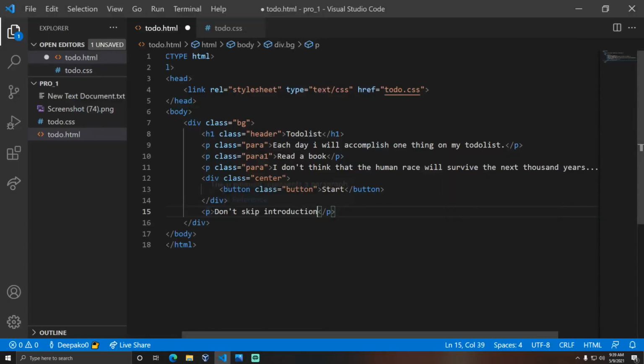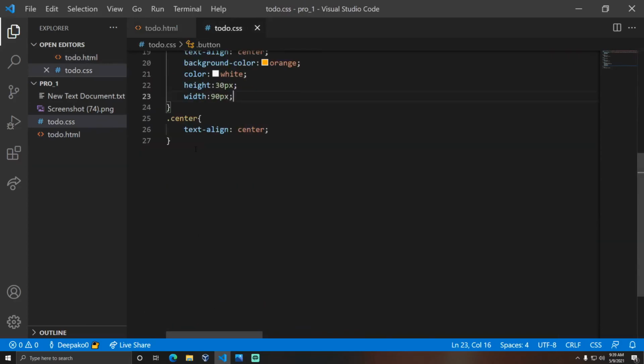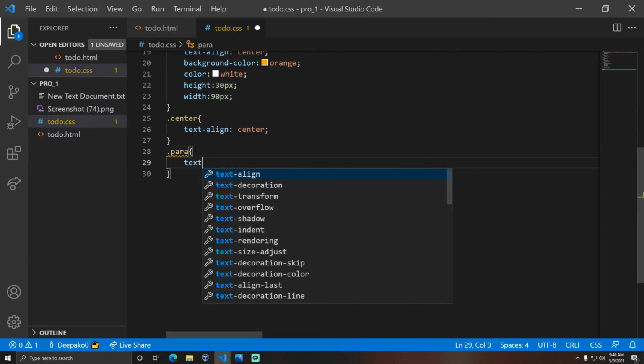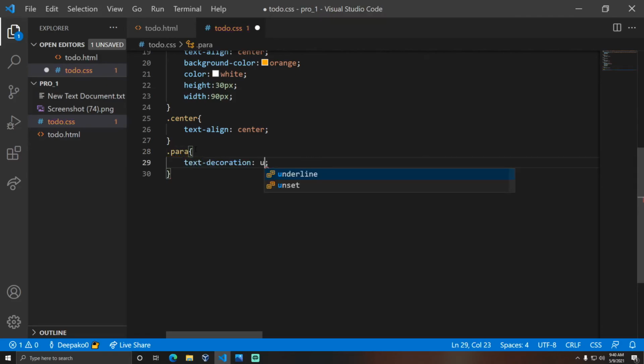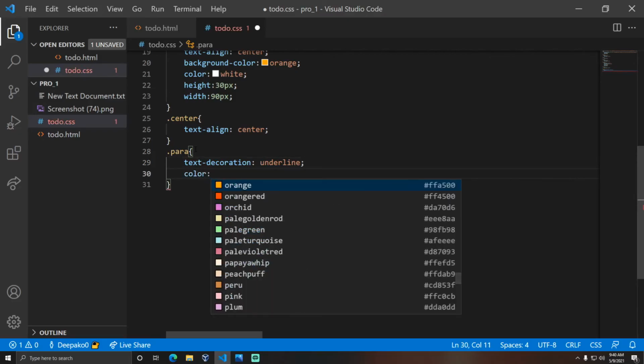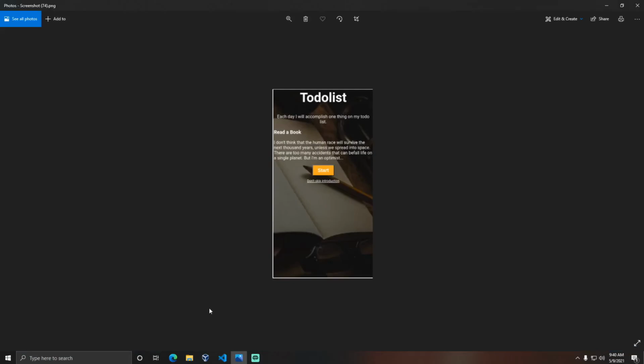In order to achieve that, we use the property called text decoration, where para is the class name: text decoration underline.